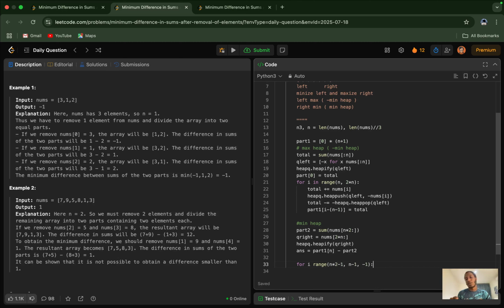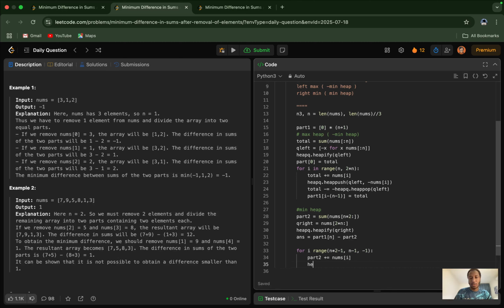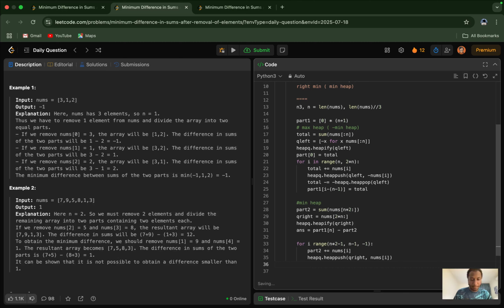So we are going from twice n minus 1 to n, and part 2, since you are adding it to the heap, you have to add it. Part 2 plus will be nums, and we heap queue, heap push, sorry, and here write nums[i]. So push it to the heap, and then now